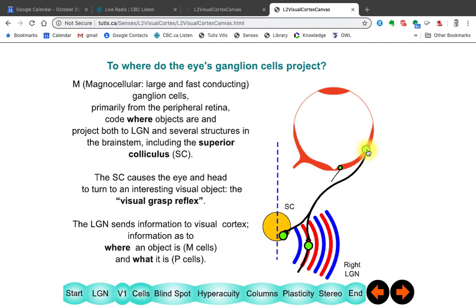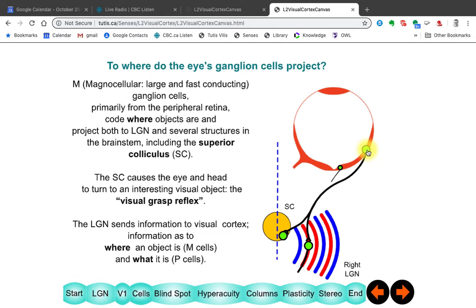That is, if, for example, one of you were to raise your hands, I would see the hand in the periphery of my eye and then do a visual grasp reflex to point the fovea at whatever person has their hands raised, so I can recognize who that is. So the signal from the peripheral retina doesn't have much detail to it, so you can't use it for recognizing what the object is. But the signal from